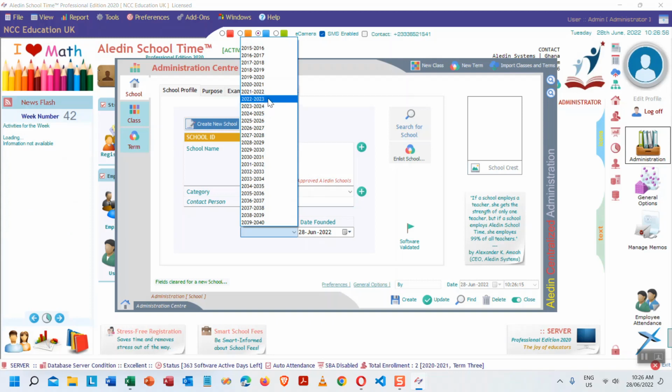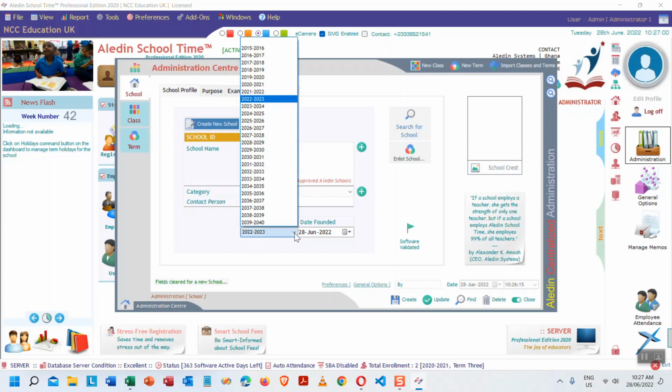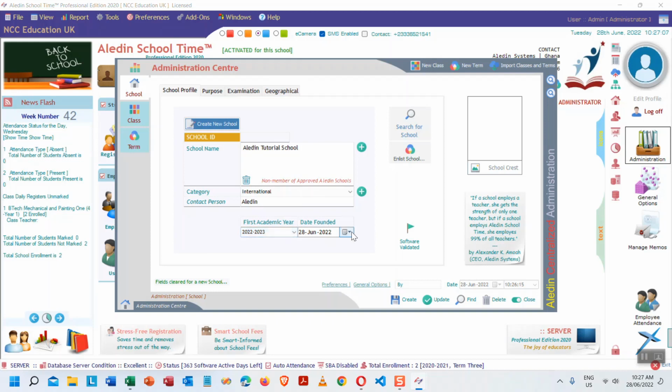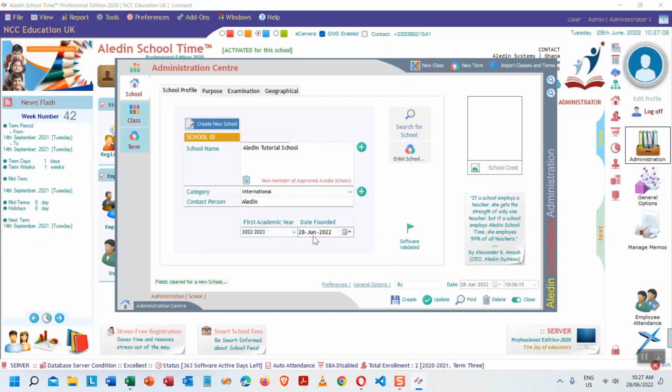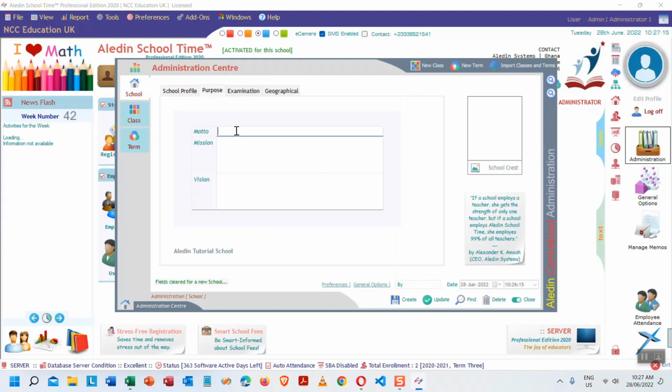Let me see, 2022. Yes, so this is our first academic year, 2022 2023. So date founded, let's leave this one. Okay, so 28. Then we go to the purpose of the school. So let's say